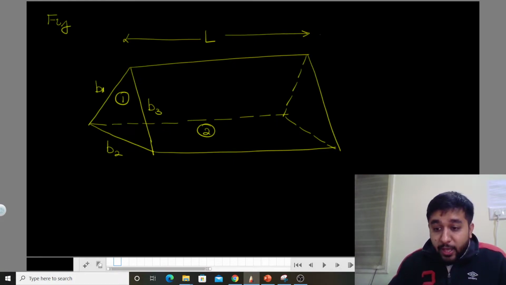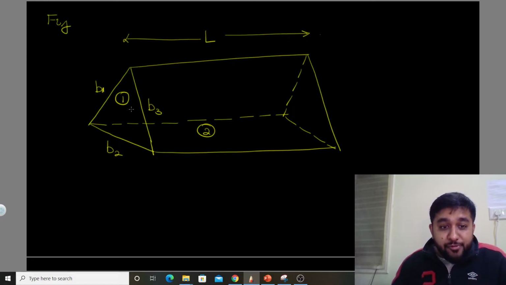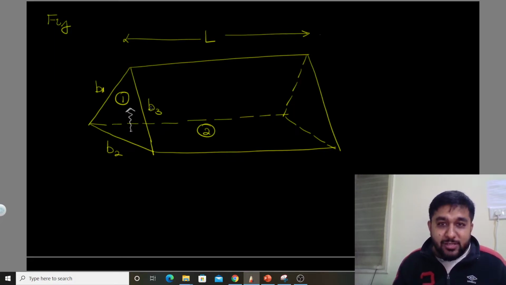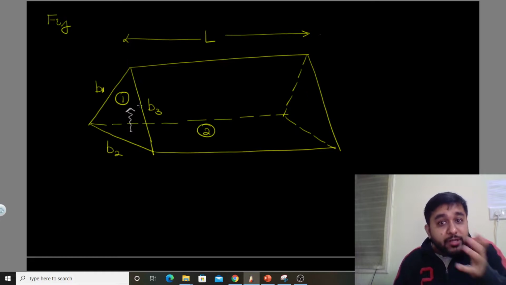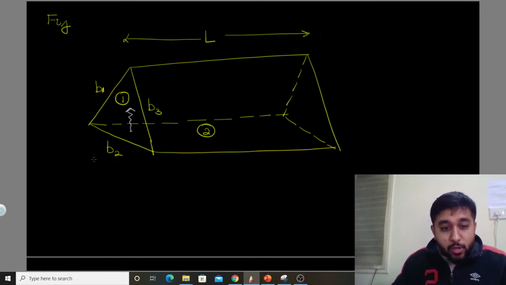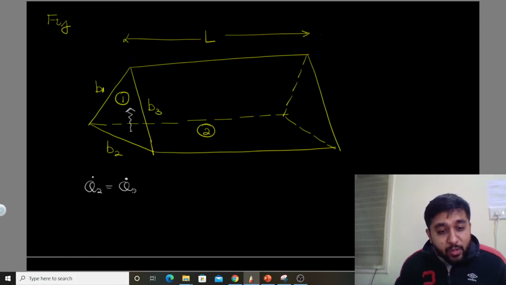Now what will happen? Energy emitted by or coming from any surface, say surface 2, can either fall on itself, if this surface was not a planar surface, or it can fall on 1, or it can fall on 3, or it can go out of the gap, isn't it? So I will write down the energy which is emitted by or coming from surface 2. Either it can fall on 1, or it can fall on itself, or it can fall on 3, or it can go out of the gap.